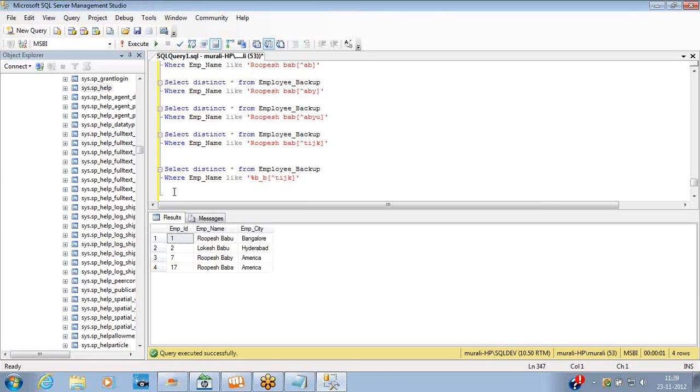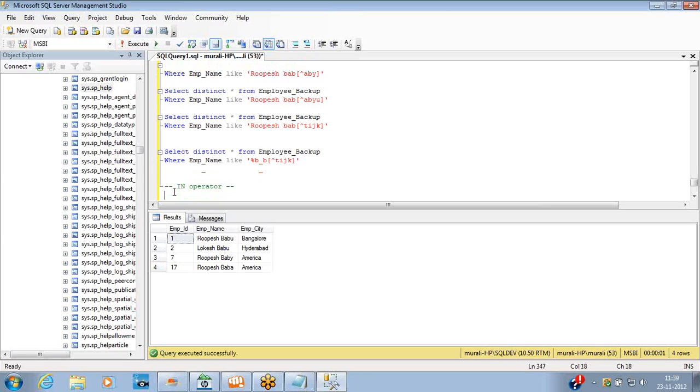Now let's see the next operator, that is IN. This is also used to filter the data. When in the where condition you use this IN operator, let's see how to implement it and what is the use. Generally we used equal to filter any one record. For example, where employee name is equal to Rupesh Babu, it was fetching only Rupesh Babu. What if you want to filter more than one? More than one, that means from a bucket of values. Earlier when you used equal to, it is a single value, but if you use IN, it can be a bucket of values. And how to use that, I'll give only the where condition syntax, where